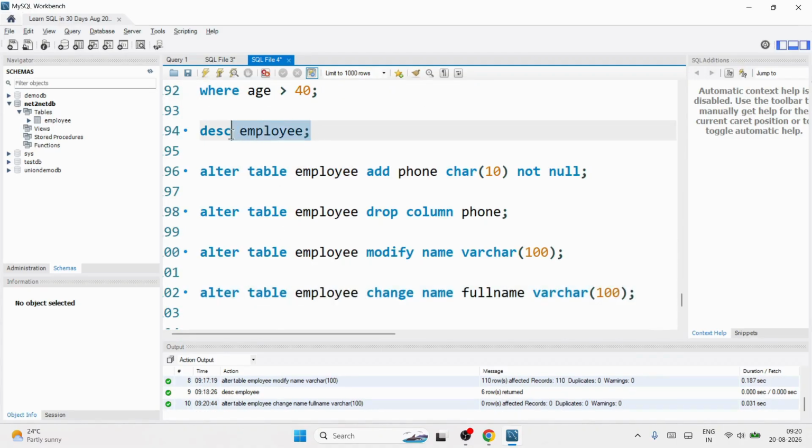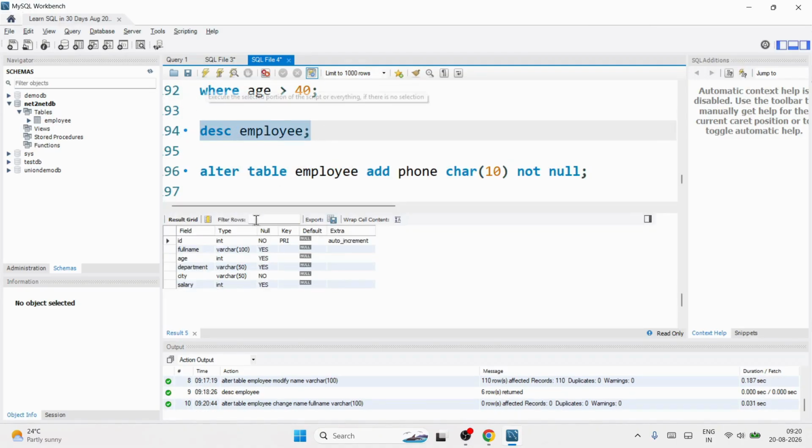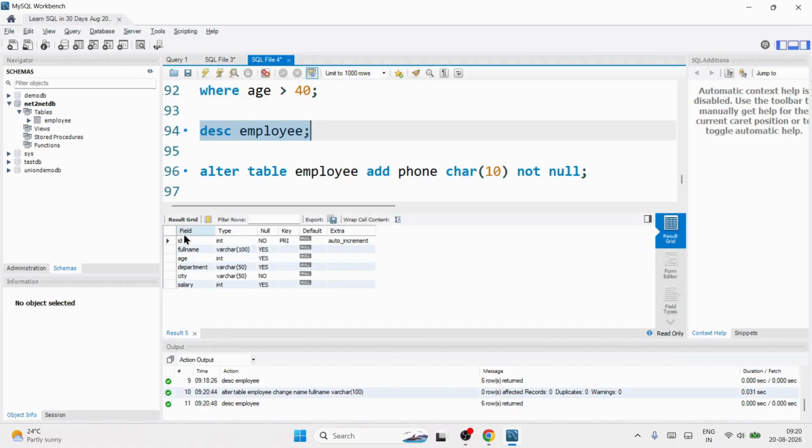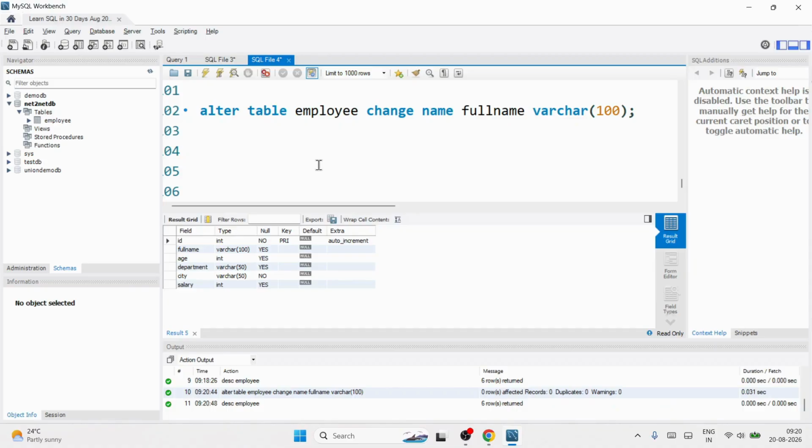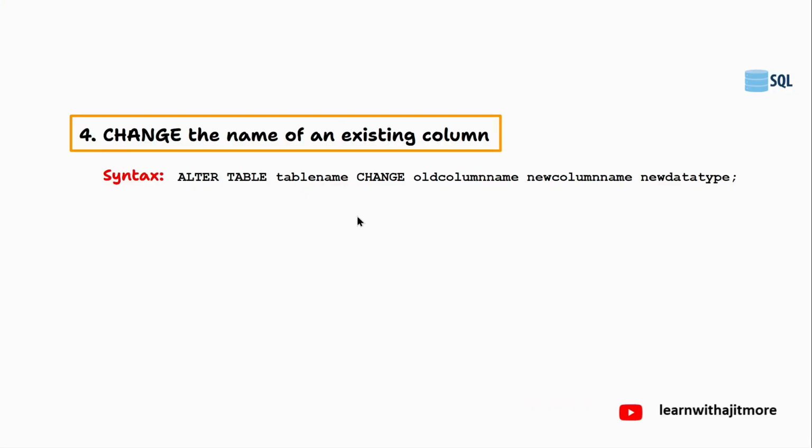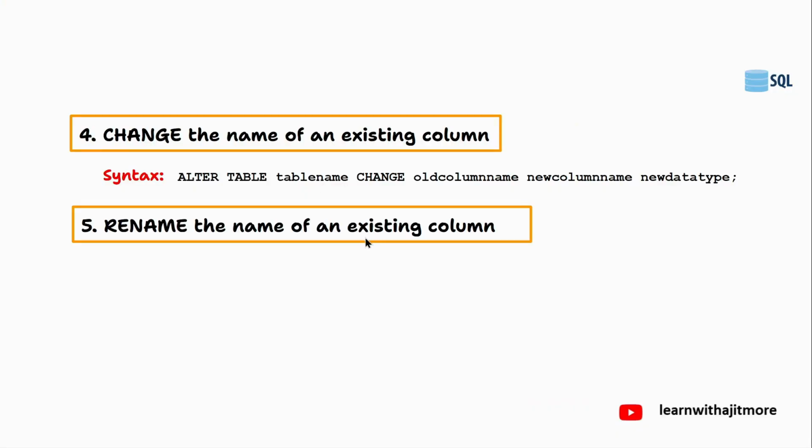Now check the description of your table. Is the column name changed? This full name column previously was name. It is changed to full name. Okay, so that is also clear. And if you just want to change the name of the column, with no need to change the data type, only the column name,